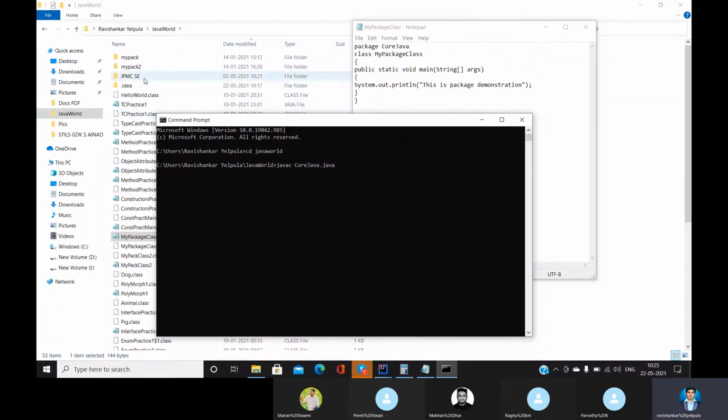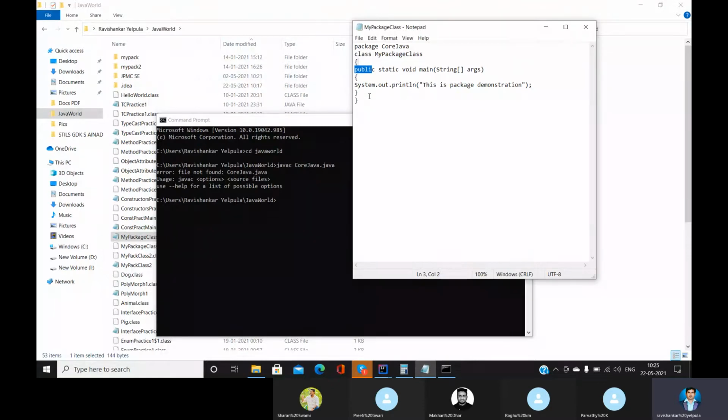Just observe something here, guys. We have mypack2, then let's see what will happen here. File not found, CoreJava.java. Oh, my bad, guys, sorry.